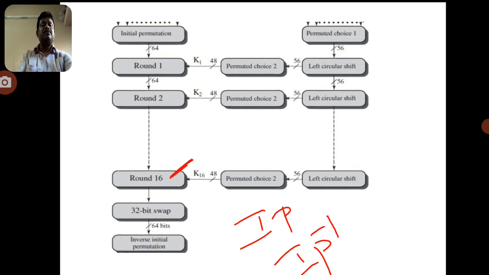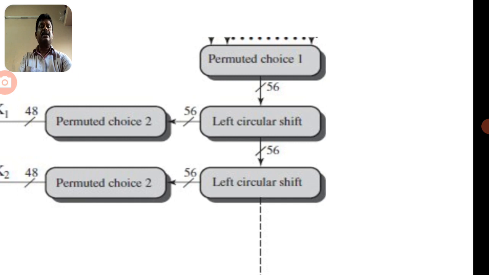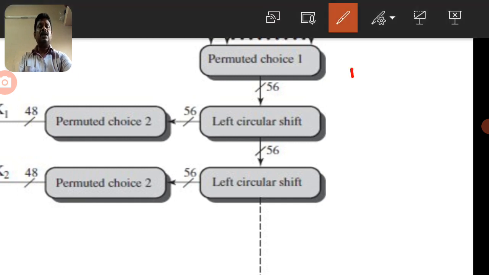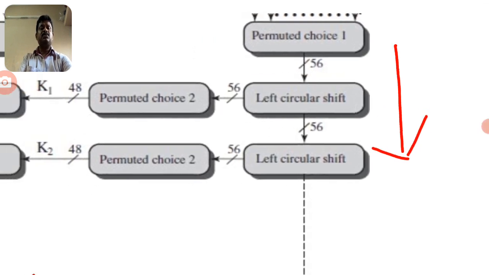Now here you can observe the key generation in the second part. This is the right side of the part you can observe. So these all are the key generations. Now let's identify this key generation. So first we can consider only the 56 bit